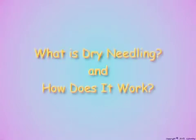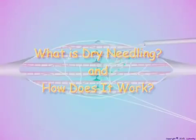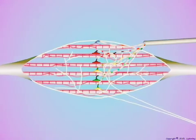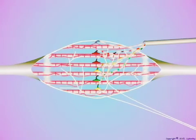What is dry needling, and how does it relieve muscle trigger point pain? In the preceding scenes, we discussed how normal muscles undergo contraction in response to release of a burst of acetylcholine